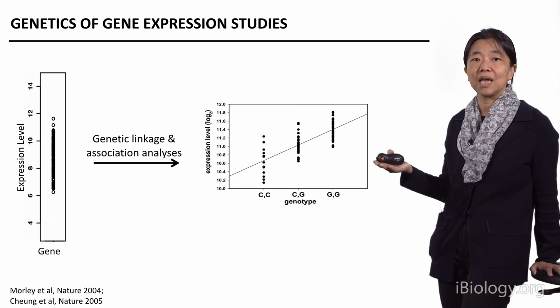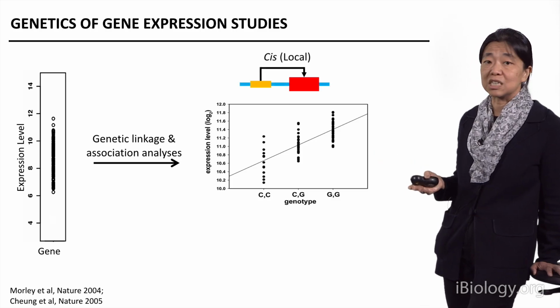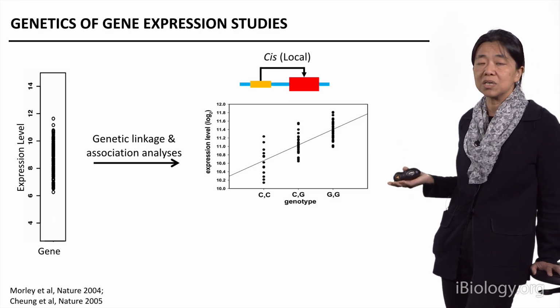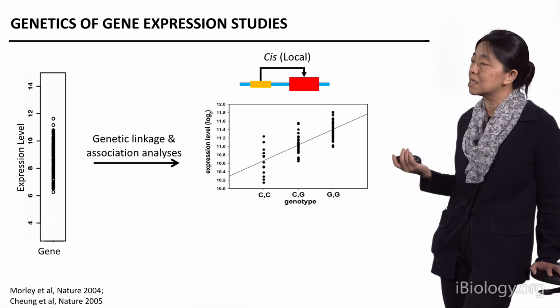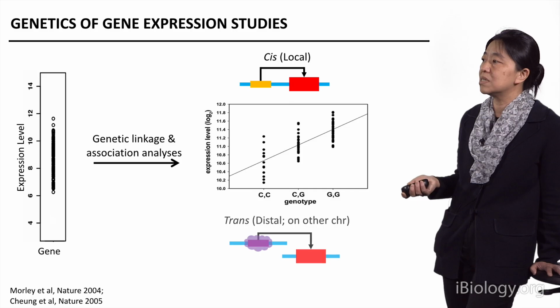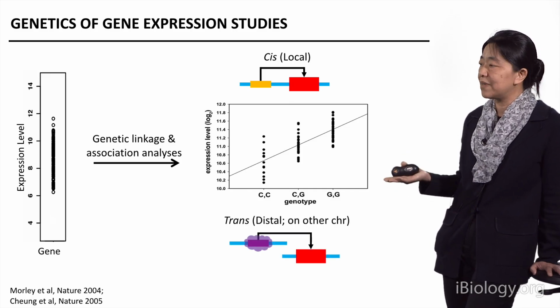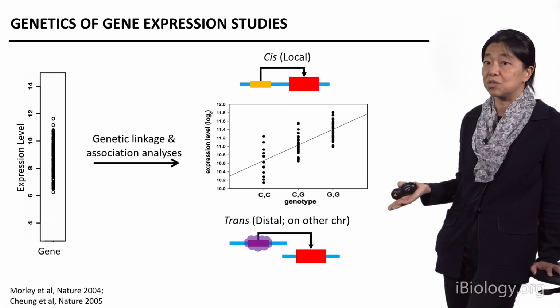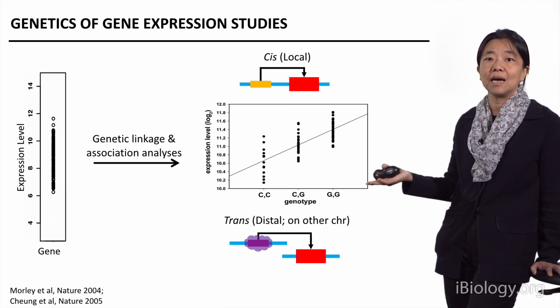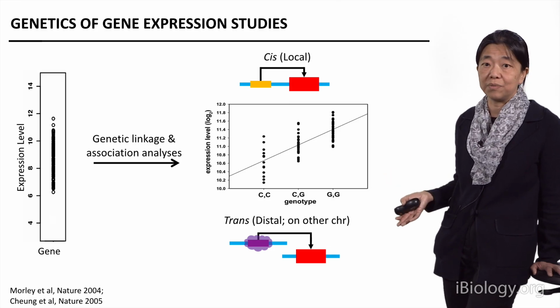And then if we go and ask, where is that DNA sequence, if it is close to the gene that we're measuring the expression level of, then it suggests that that gene is cis-regulated. If that DNA sequence is on another chromosome, say in a transcription factor, we will have identified that the expression level is trans-regulated and identify the transcription factor that influences the expression level of that gene.